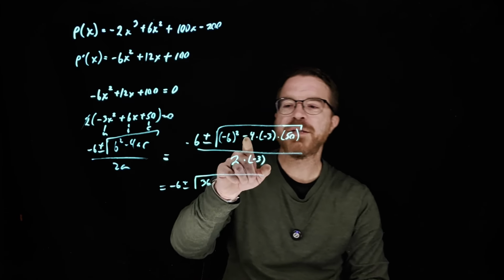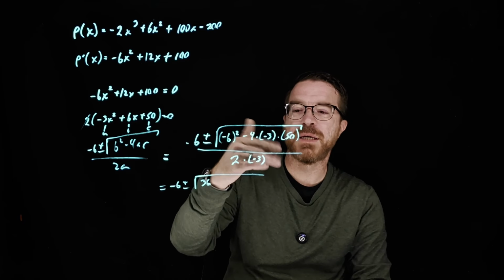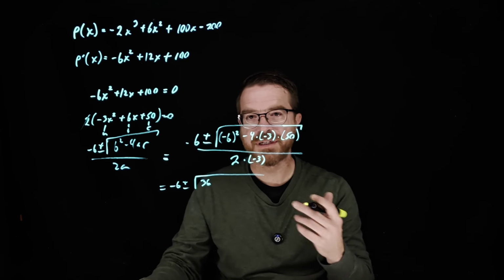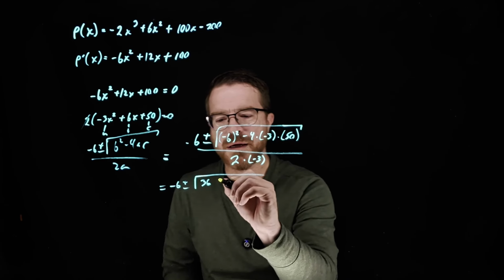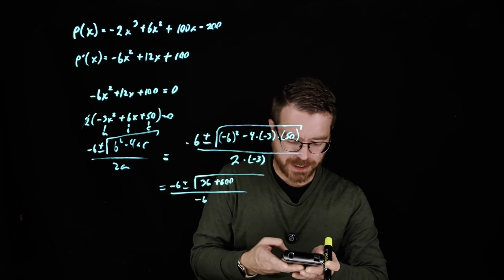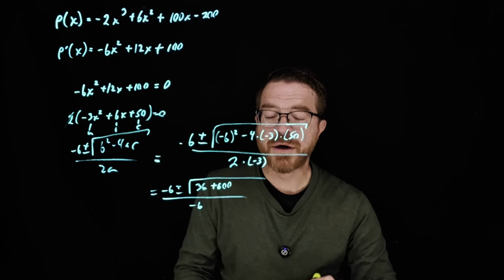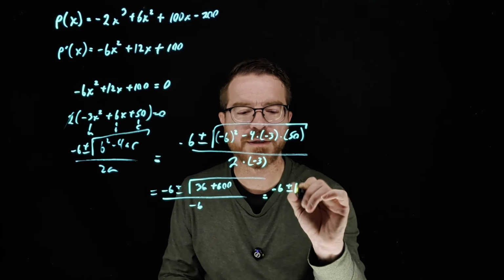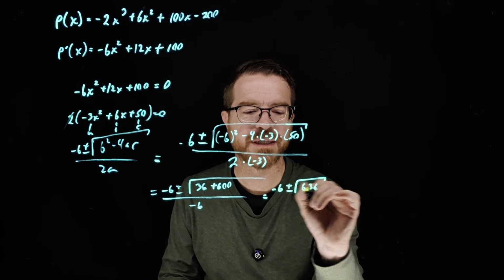And then minus 4 times negative 3 is going to be positive 12, so 12 times 50 is going to be 600, divided by minus 6. So 636 under the square root. I think I know what this is, but I'm just going to double check. Okay, so now we have that this is equal to minus 6 plus or minus the square root of 636